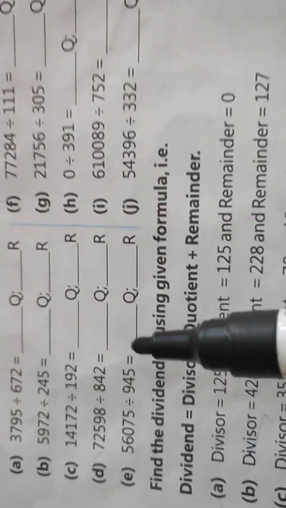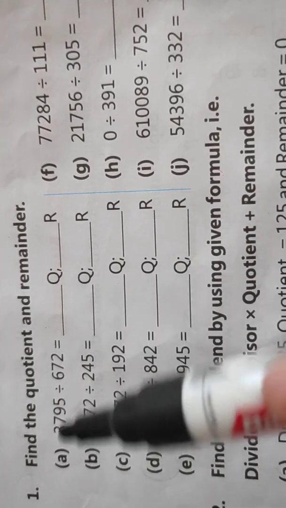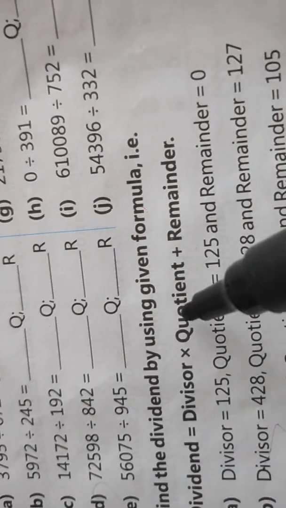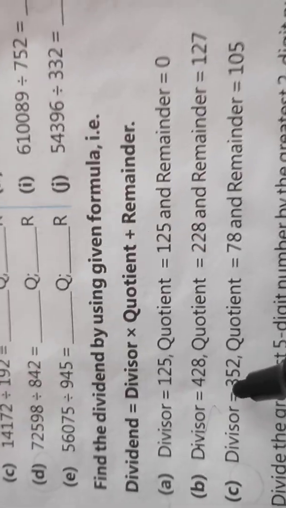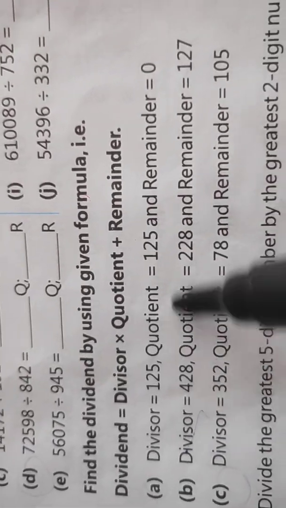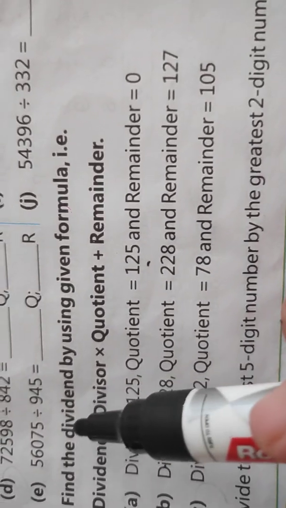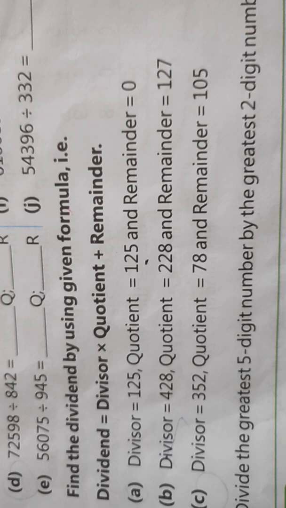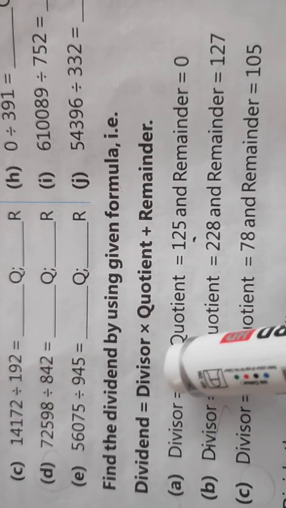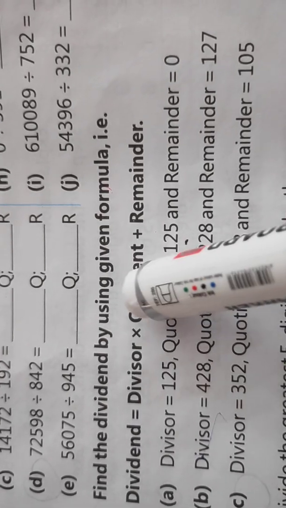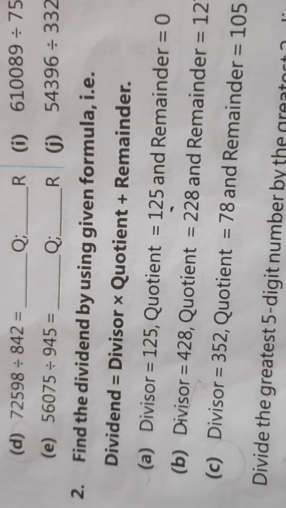So in the previous exercise and in this exercise also, dividend was given, divisor was given, and then quotient and remainder we are finding. But in question 2 what happened? Already your solution is given. Divisor is given, quotient is given, remainder is given. Only you have to find out the dividend. Means you only have to verify. So how will you find out the dividend? These two you will multiply, divisor and quotient you will multiply, and then you will add the remainder. You will get the dividend.